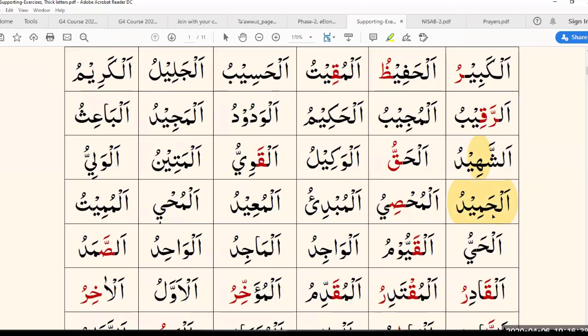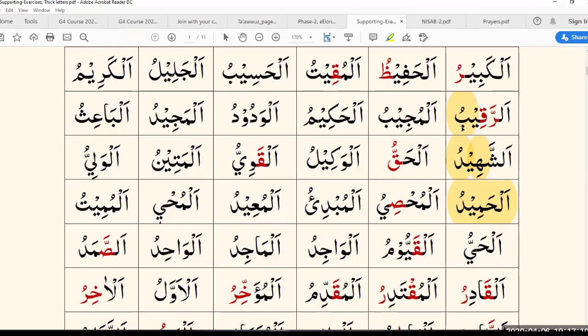Al-Hamid. Okay, good. There has to be a slight jerking sound because dal is one of the Qalqalah letters, and ba is one of the Qalqalah letters, and this is called dal. When we end our word here and we decide to make a pause here, then what happens is this kasra, kasra, and kasra, or dhamma, or fatha, if there was one, they would all turn into a sukoon sign.